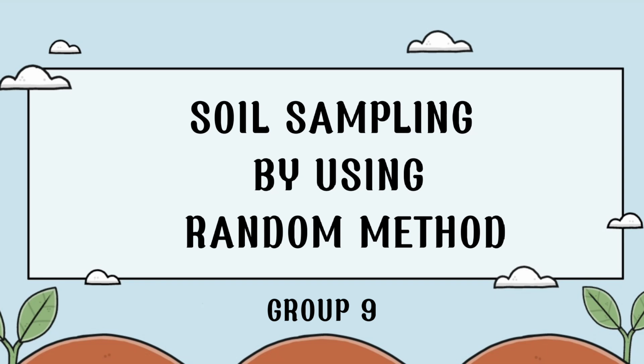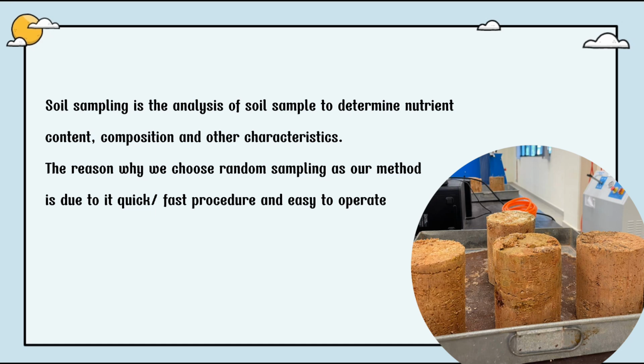We are doing soil sampling by using random method. Soil sampling is the analysis of soil sample to determine nutrient content, composition and other characteristics. The reason why we choose random sampling as our method is due to its quick and fast procedure and it